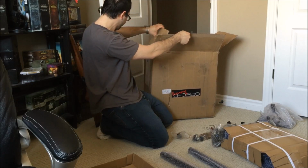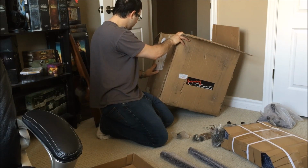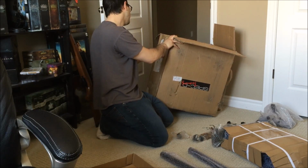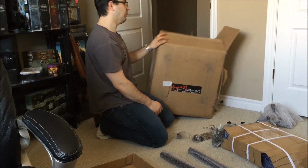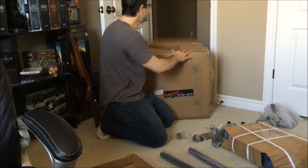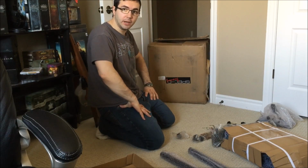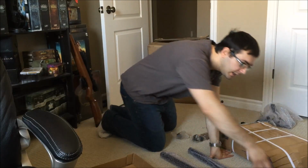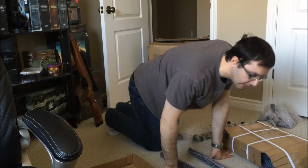Actually, it says right here, where is it? Resealed by Global Shipping Program, Pitney Bowes. So they opened it up and then resealed it, which is really bad because luckily they didn't damage the material, but it's dirty. And it actually has, have a look at this, from them,